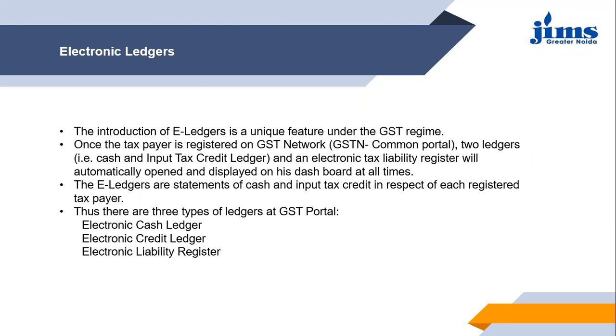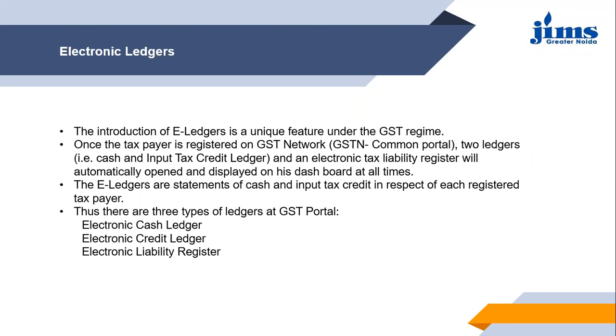So as you can see here, we call the different segments that you have under your GST portal the ledgers, right? As you have your ledger accounts in your financial accounting, in the same way you have ledger accounts on the GST portal as per your GSTIN, right? So when you open up your GST portal as per your GSTIN, you will be able to see that you have three types of ledgers there. One is the electronic cash ledger, another is the electronic credit ledger, and lastly it is the electronic liability register.